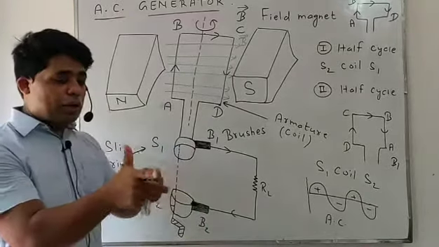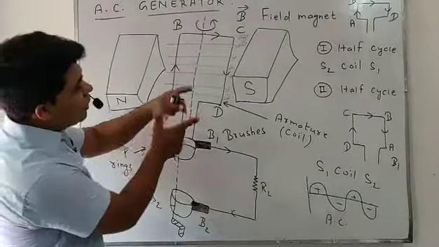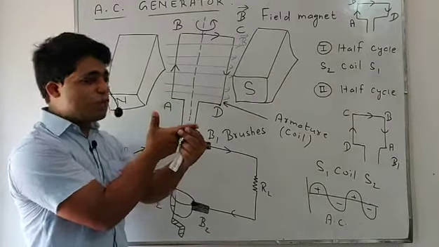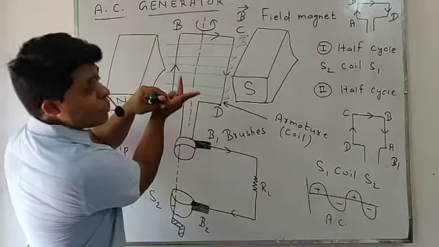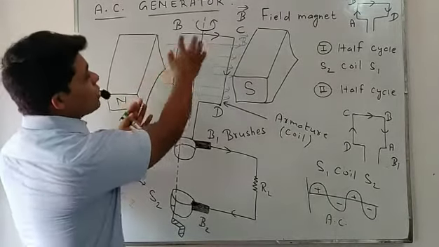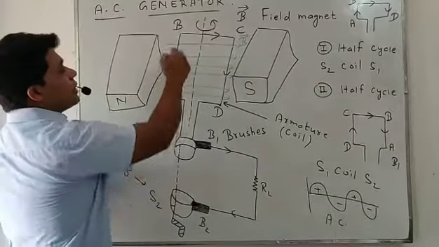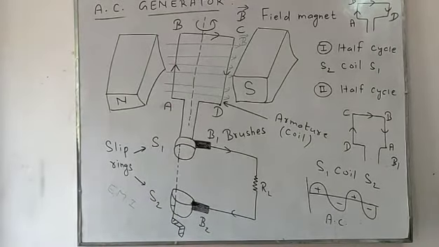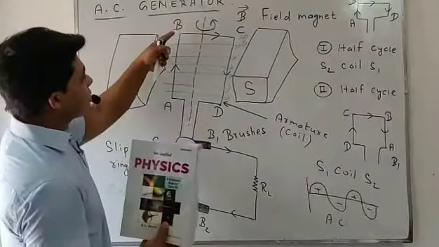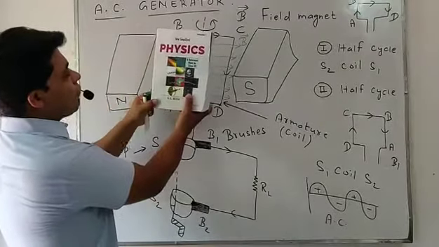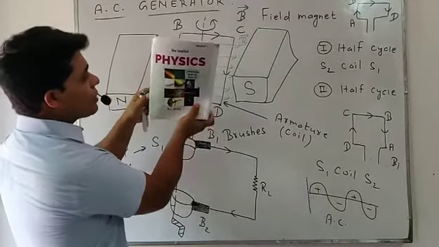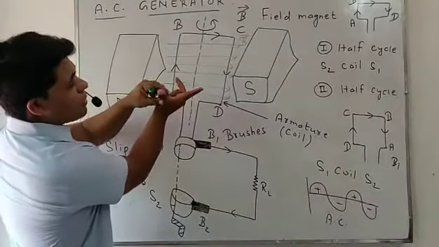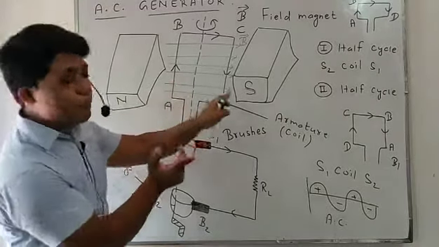Okay, so look at this in FBI. This is the direction of magnetic field. So B, the forefinger, represents the direction of magnetic field, and F, the thumb, represents the direction of force. Because the coil is moving, this AB side will move in the upward direction like this. It experiences magnetic force in the upward direction. So this is the direction of force and this is the direction of magnetic field.